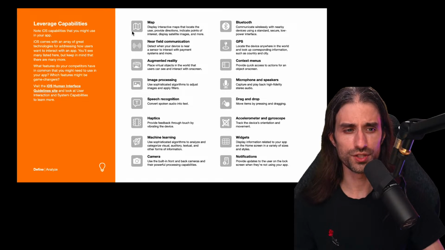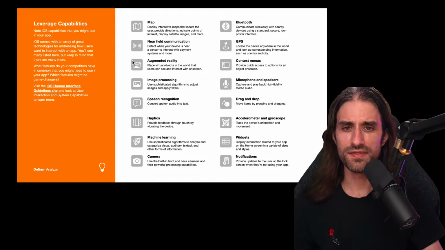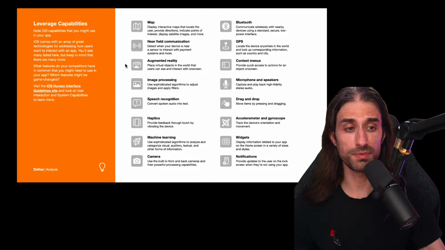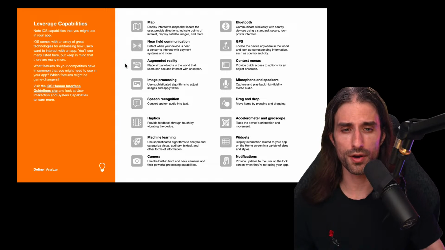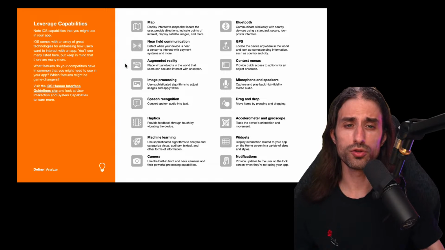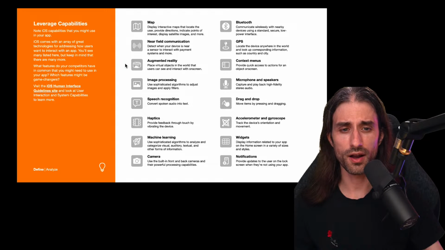So you've got the map, which can be very useful. NFC, of course, if it makes sense, can be one of the big added features of using an app. Anything about augmented reality, if it makes sense. This could make sense typically for someone who is selling furniture. If you have a 3D model of the furniture, then people can place it into their home and get a sense of how it looks. Also for some kinds of clothing. I don't know if there's an app that does it, but the Ray-Ban website allows you to see how the glasses would look on your face, and I find that the result is quite good.